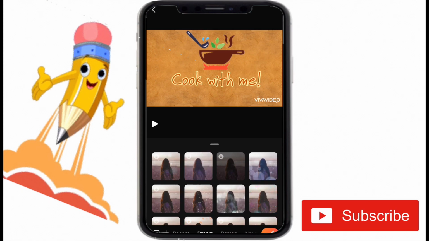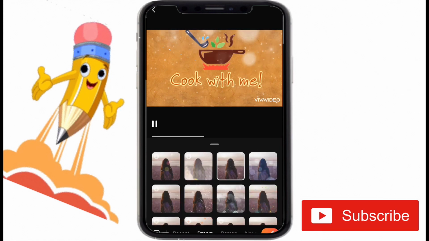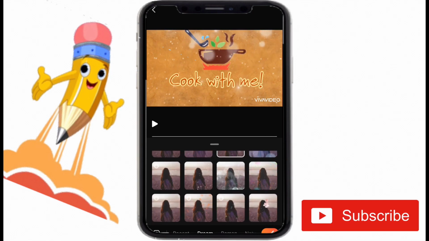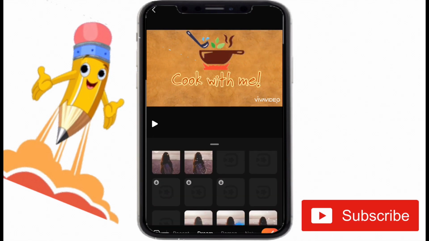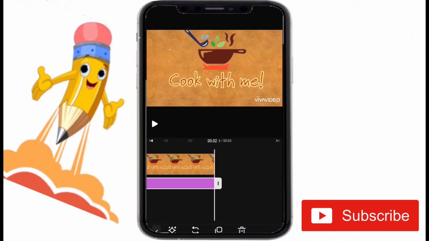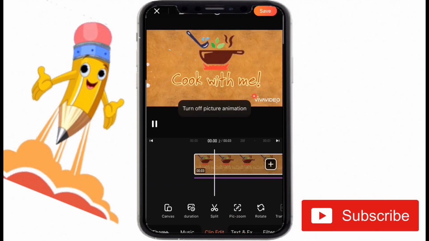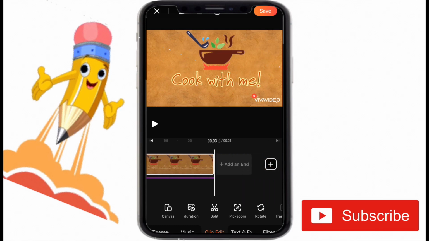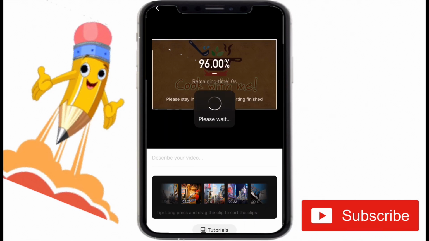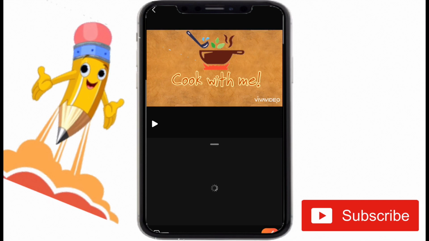Now I'm just going to choose any animation which I like. So I randomly chose this snow, or I'm just gonna choose a flower animation. If you go and see, there'll be an option called effects, that is the effects for the picture. So I'm choosing a flower animation which I like, so I'm gonna save it as a video. And then I'm gonna give another effect of a subscribe button for my outro. Even that will have the watermark of Viva Video. We are going to remove it in iMovie.